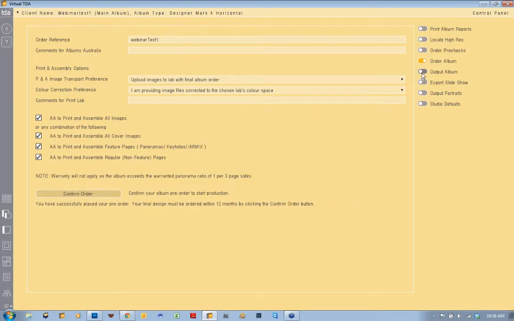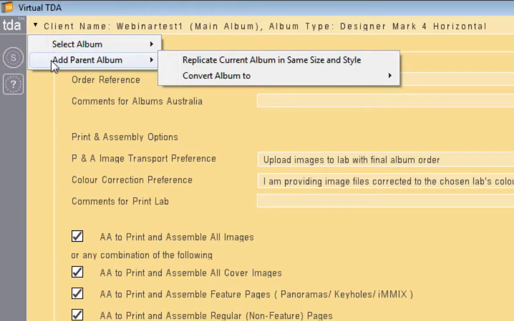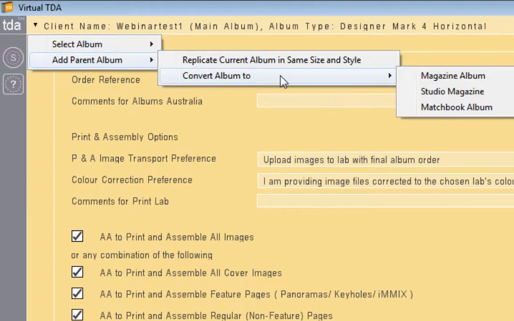Okay, now just before we order the album, we might have a bride and groom that come back to us and say, oh, my parents saw the design and they would love to have their own Parent album. So yeah, that's not a problem at all. What we can do is go up to this new menu point up here and add Parent Albums. We do need to do this before you order the main album to get some discounts, as it's built into the price of a Parent album. So what you do is go to add Parent album, you move on to convert album